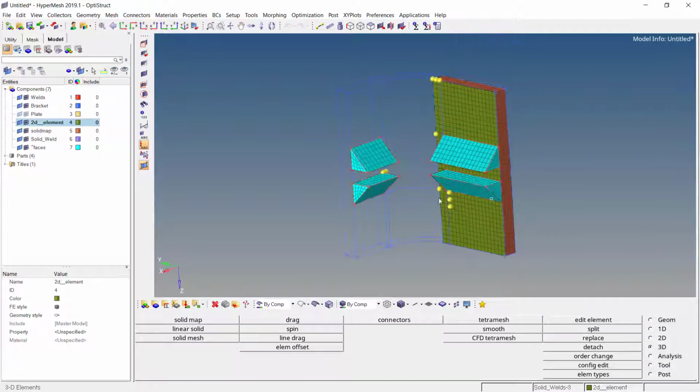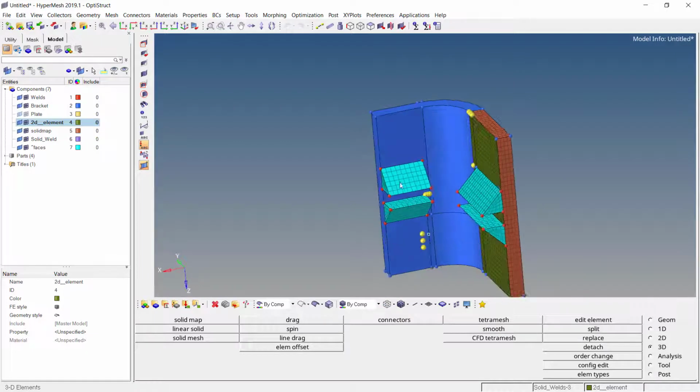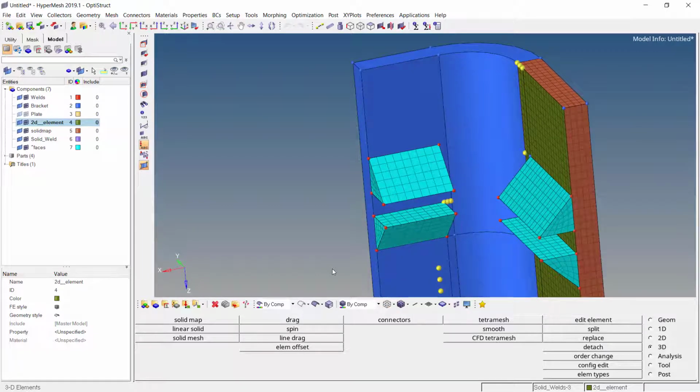Perfect. Now the mesh is looking very good. Let us do exactly the same procedure on this end as well.